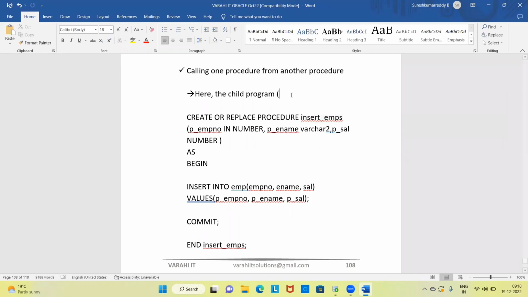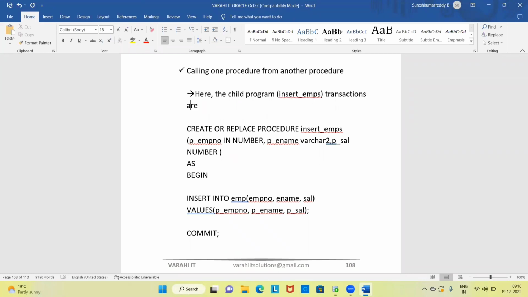Here, the child program transactions are affecting parent program. What is the parent program name? I think delete. Sorry. Okay. Parent program